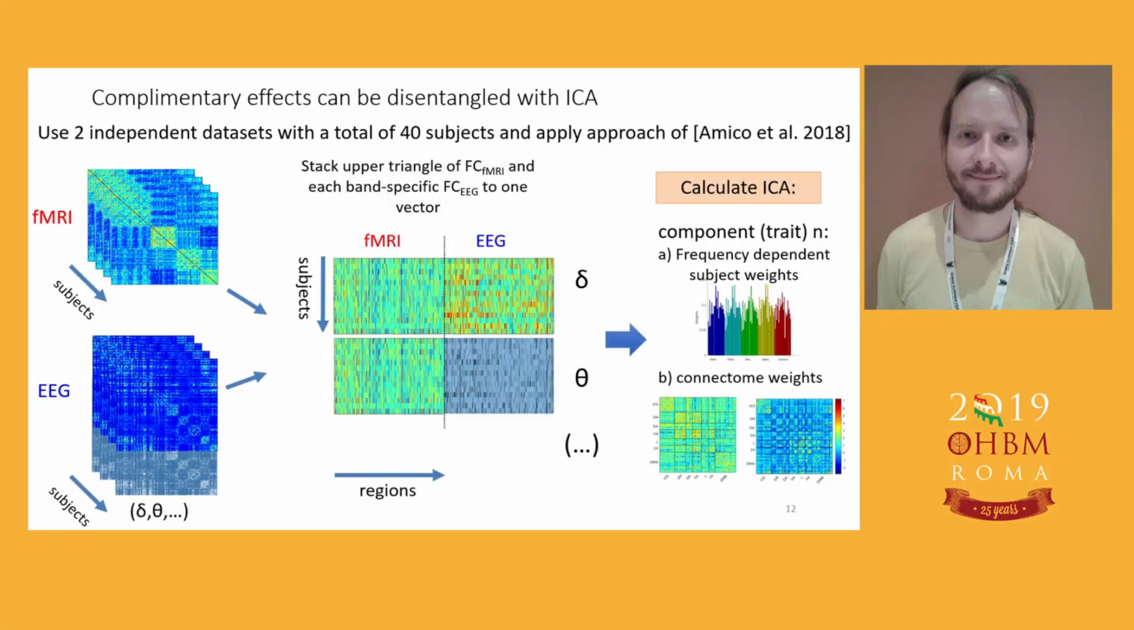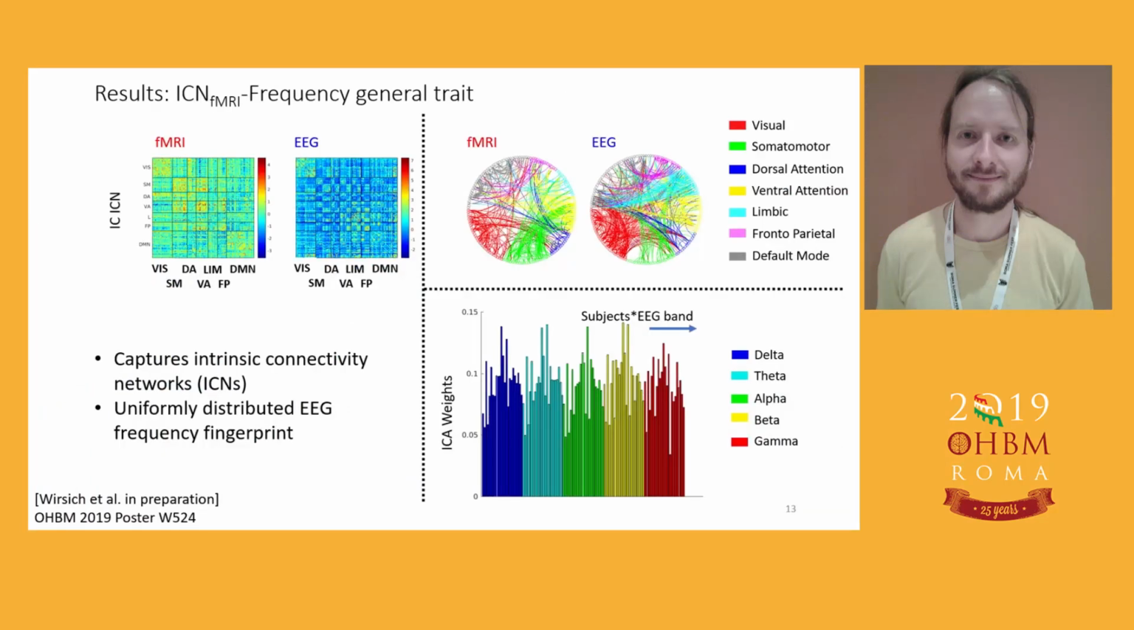So to do so, we again take our fMRI and EEG connectome for the different EEG frequencies. We stack this all up into one long vector, where we first take the fMRI and then the different EEG frequencies, and then we can put this whole matrix into the ICA algorithm, and then we can derive frequency and subject-specific weights in combination with independent components that are organized like connectomes for EEG and fMRI. So when we do so, what we found first is that